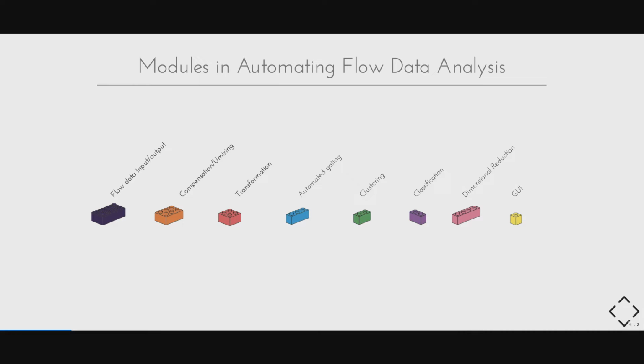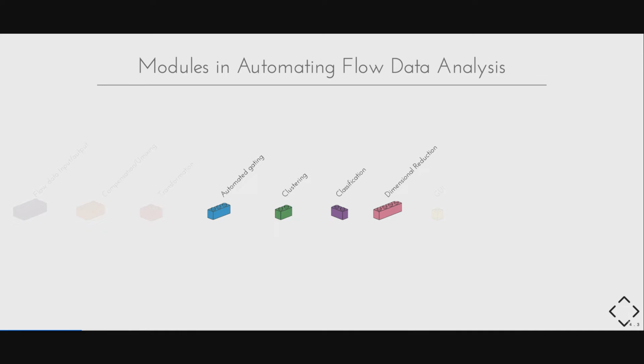So the first question is, what do we need for this task? I think it is more with the pre-made bricks. So these modules include data import, export, compensation, data transformation, clustering, classification, dimensionality reduction, and finally, result visualization and GUIs. So I'll focus in this presentation on introducing the automated gating, clustering, classification, and the dimensionality reduction modules. I don't think I will have enough time to go over the data pre-processing, visualization, and the GUI